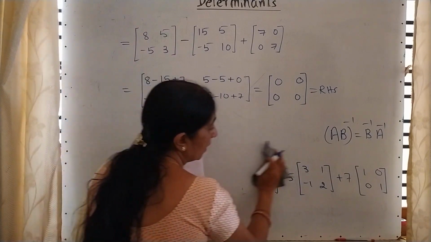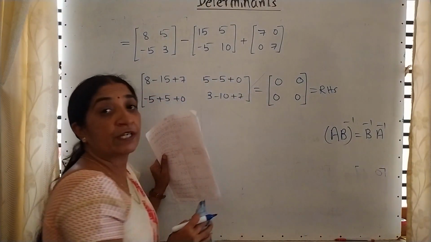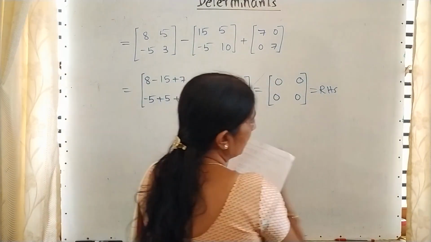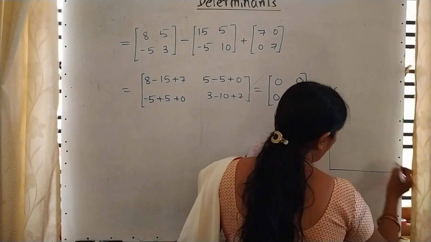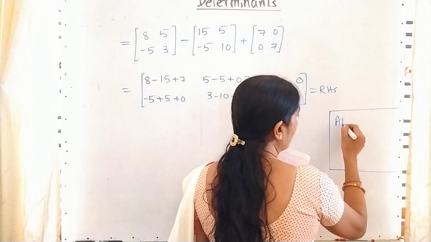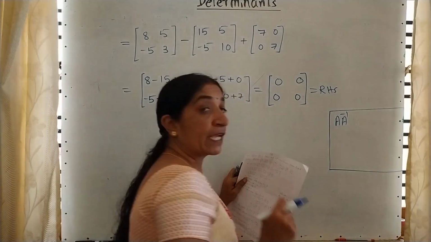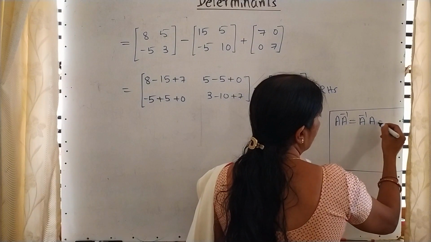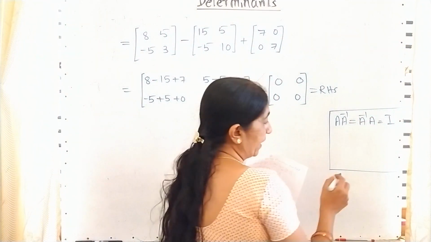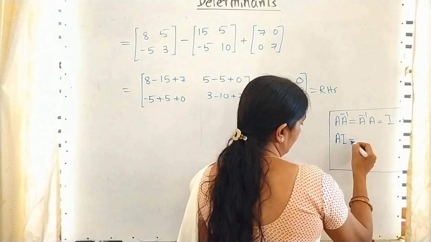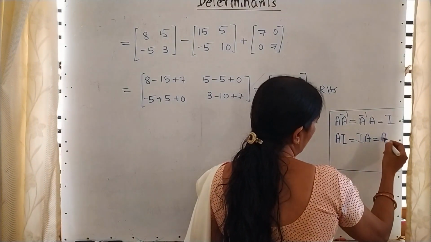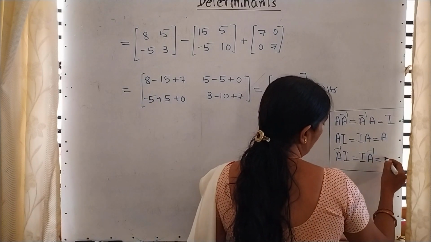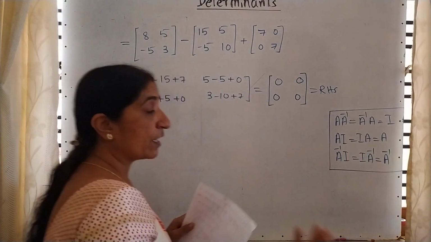What is another part? Another part tells you, see, with the help of that equation you have to find A inverse. For that, please note down, students, this is a very important result you have to remember. A into A inverse: any matrix with its inverse gives, that means when you are multiplying any matrix with its inverse, always it gives you identity. And identity into any matrix is the same matrix. So this result you have to remember for our next result.